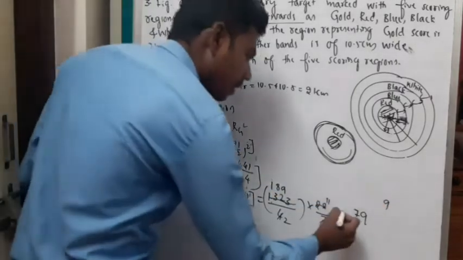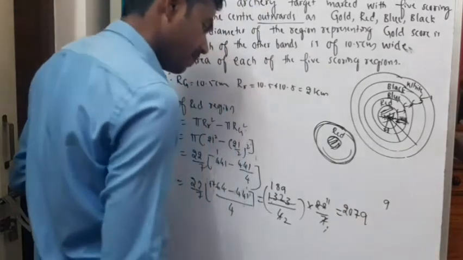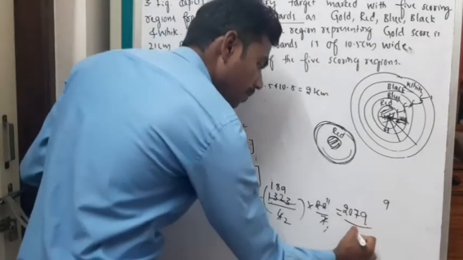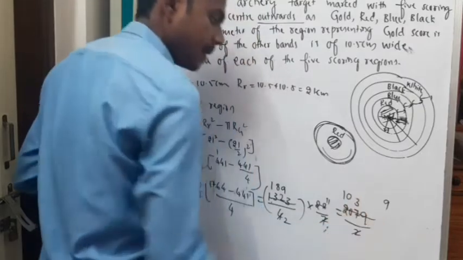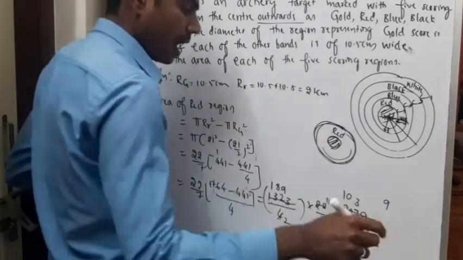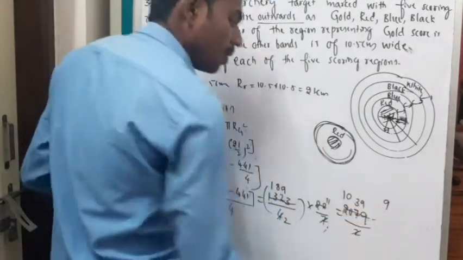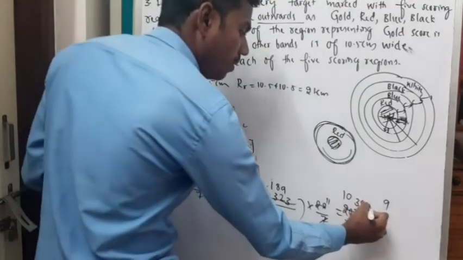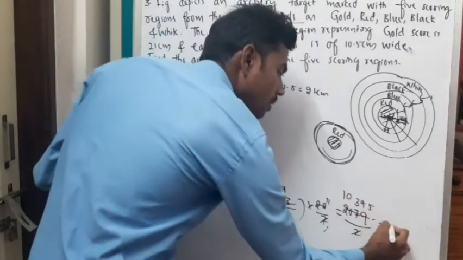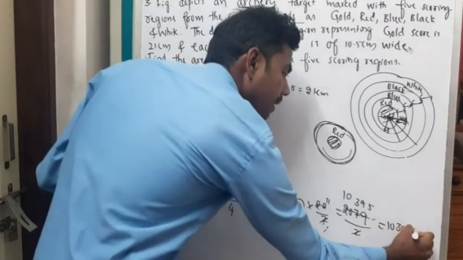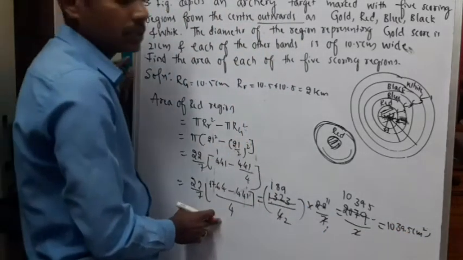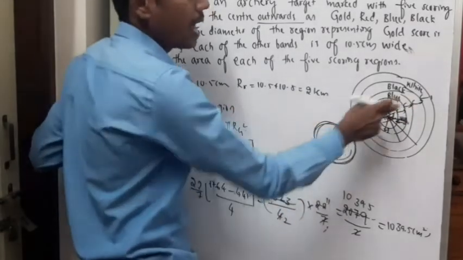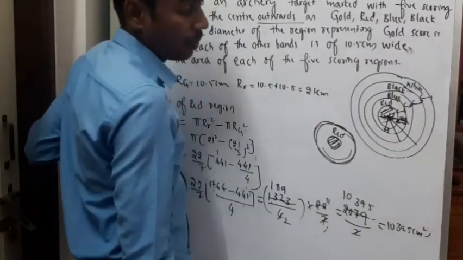11 plus 9, 20. 2 0 7 9 divided by 2, which is equal to 2 1s are 2, 0. 2 3s are 6. 1 left, 19. 2 9s are 18.5. So this is 1039.5 centimeter square. Similarly, the same procedure needs to be adopted while calculating the areas of the blue region, black region